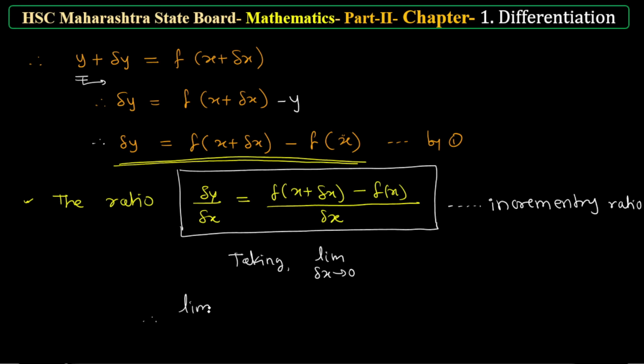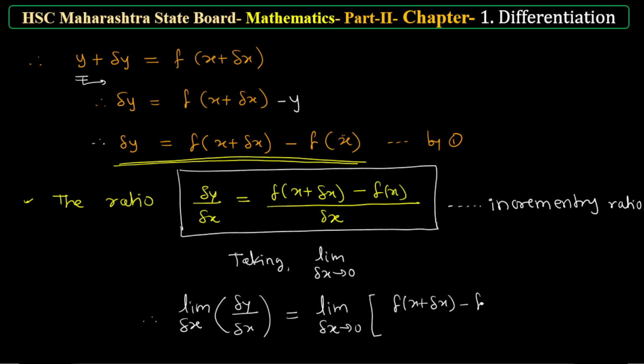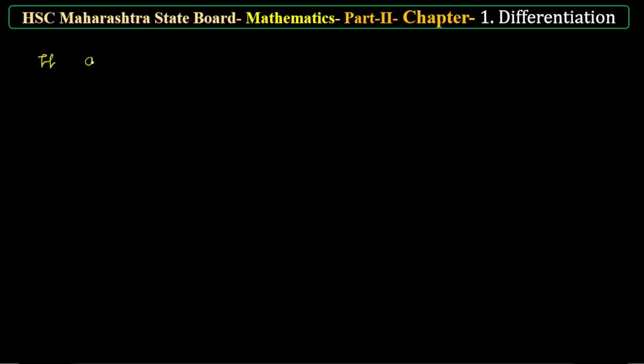Therefore, limit delta x tends to 0 of delta y upon delta x is equal to limit delta x tends to 0 of f of x plus delta x minus f of x divided by delta x. If the above limit exists,